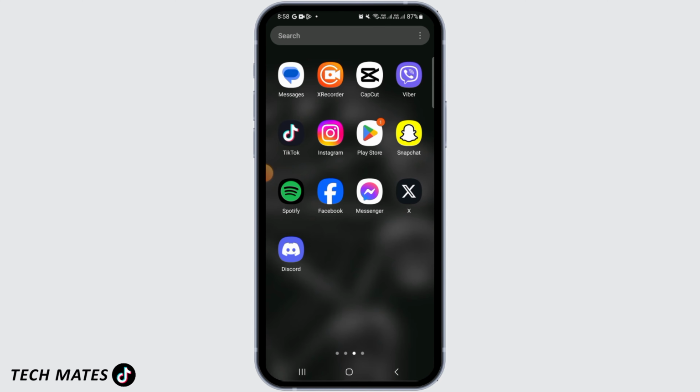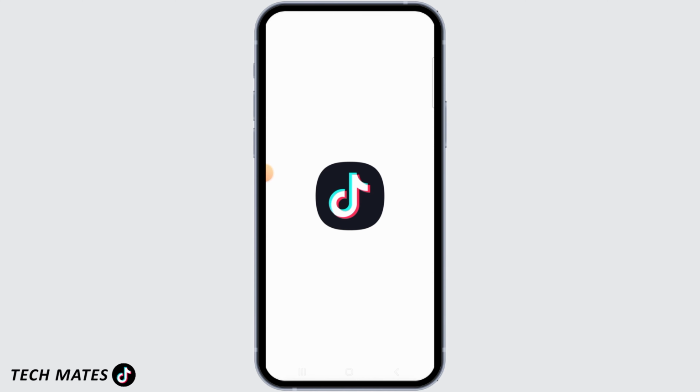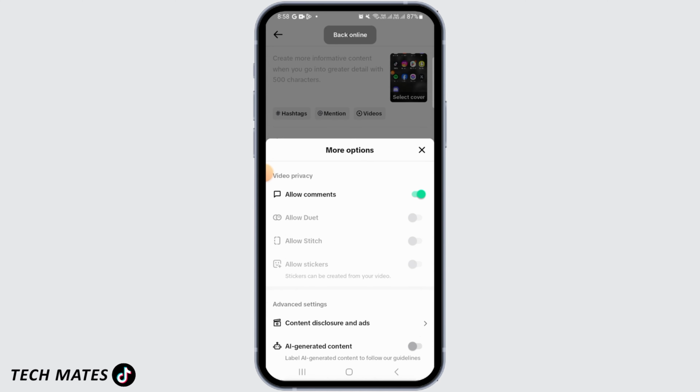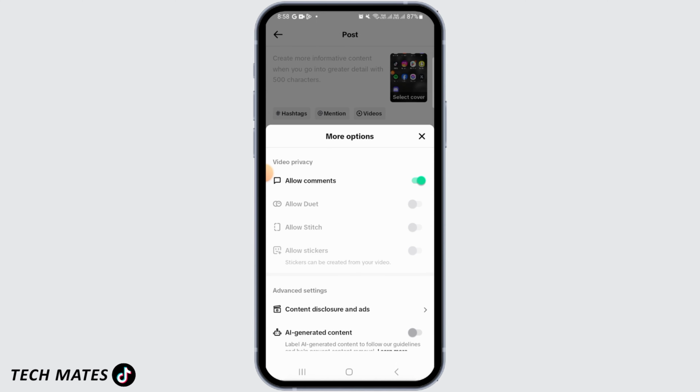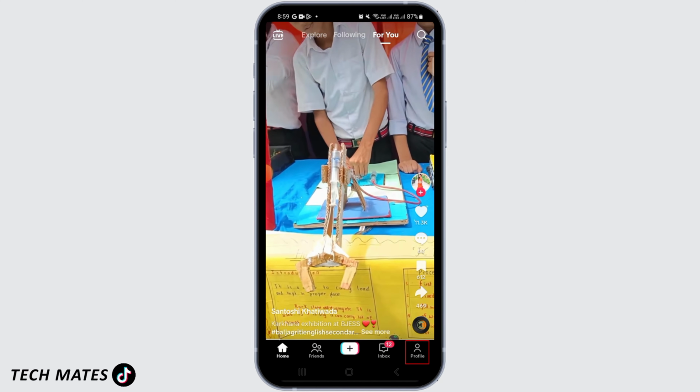Let's get started. First, you want to open the TikTok app on your device. Now, when I try to post something, here you can see some of these options are restricted. So if you want to turn off the settings restricted by TikTok, tap on your profile icon at the bottom